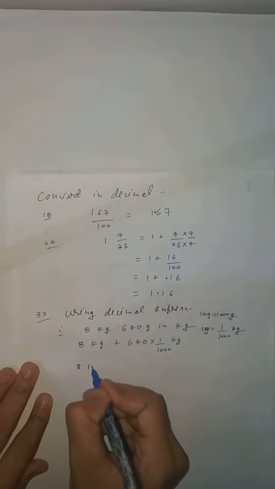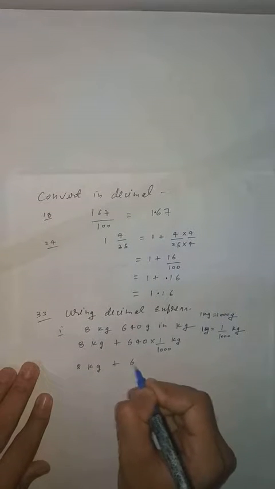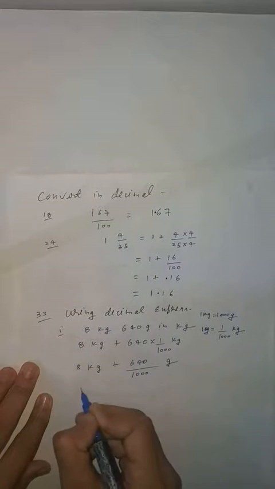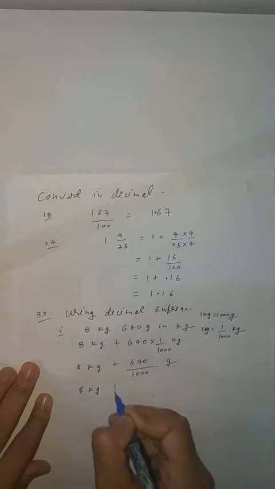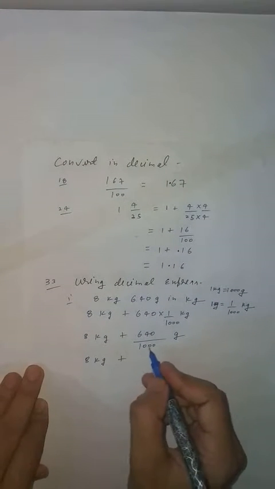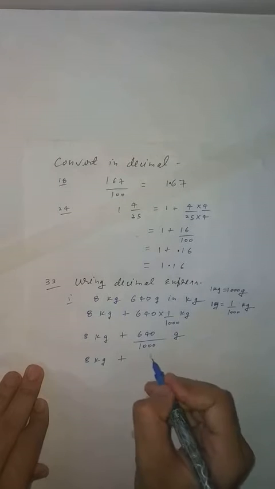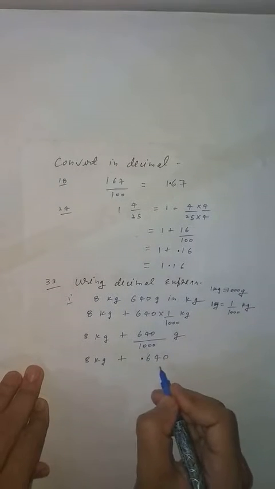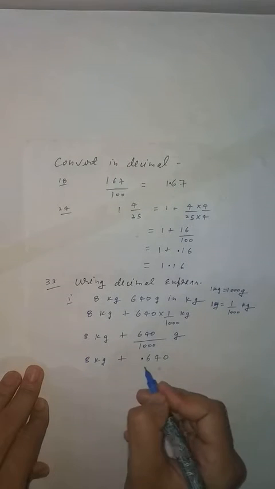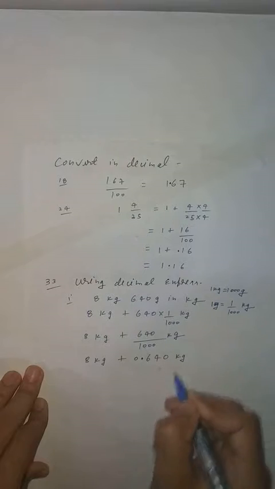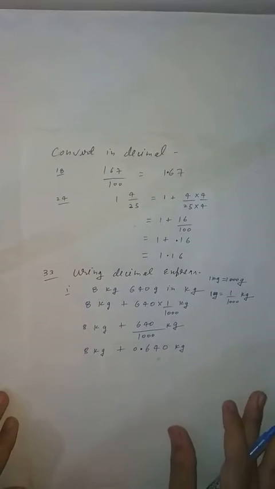This will become 8 kilogram plus 640 upon 1000 gram. Clear? 8 kilogram same we will write down, 640 upon 1000. So how we will solve, student? I explained. After 1000 that is after decimal there should be 3 digits. So write down 640 and decimal you will put here. After decimal you can check 3 digits, so it is correct, and this will become kilogram. Clear? Here I am doing direct because I explained in division method.